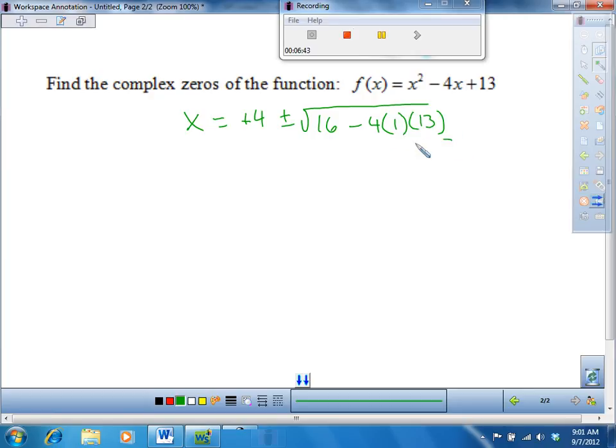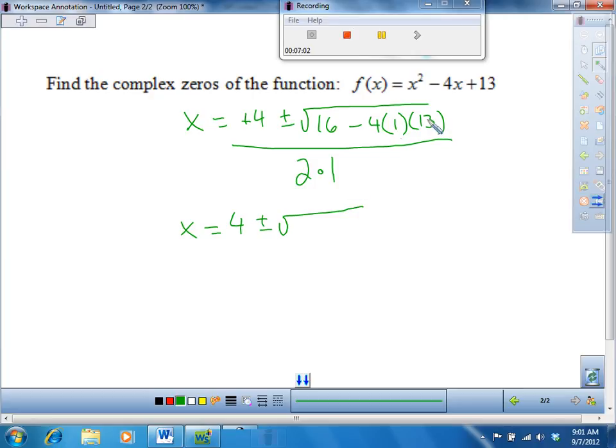The whole thing divided by 2a, which is 2 times 1, which is just 2. So then you simplify that, and that is 4 plus or minus the square root of,